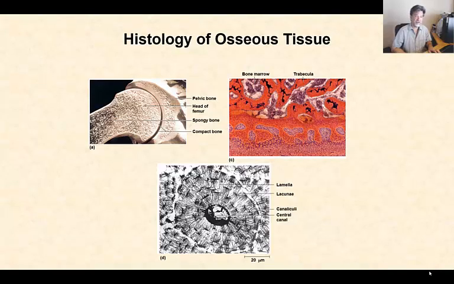Here's our histology of osseous tissue. You've already seen this in chapter 5, but just a little reminder here. In the upper right, we have spongy bone. In this area, this is the spongy bone. And then, of course, our bottom picture, classic compact bone. I mentioned the central canal earlier, and I'm getting to it before I thought I would. So here's the central canal that forms the centerpiece of this whole bone unit right here. We're going to get to that